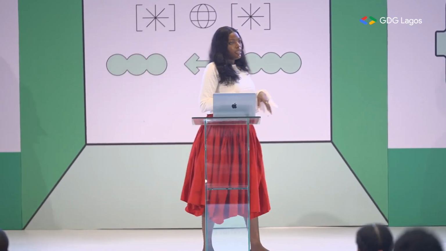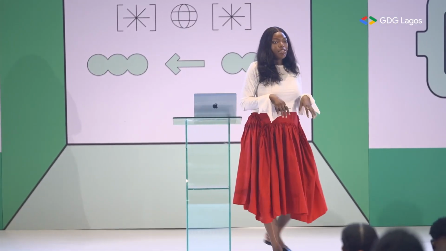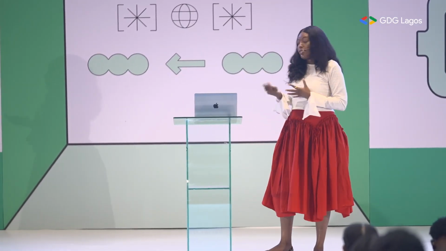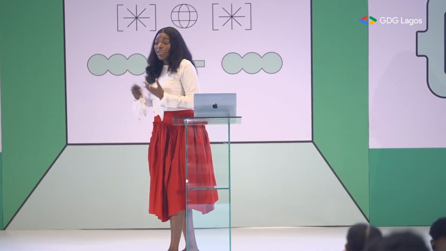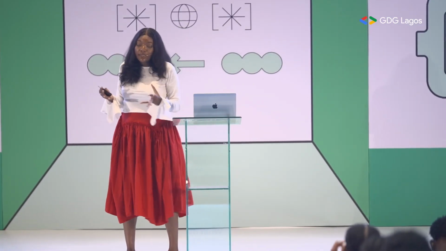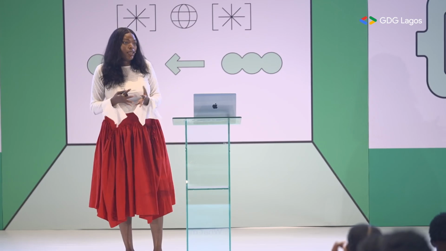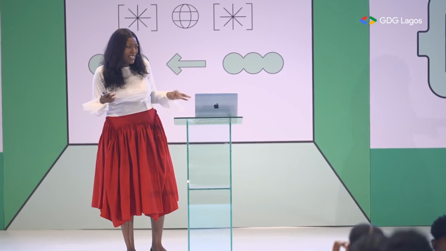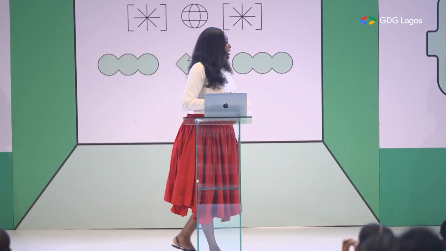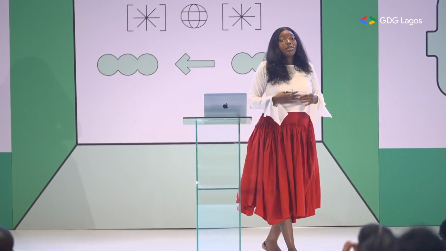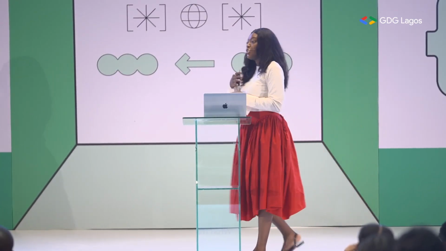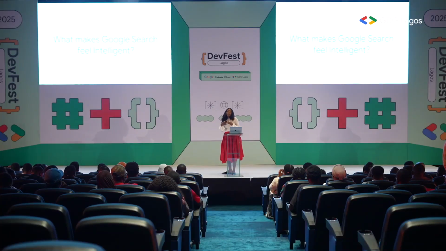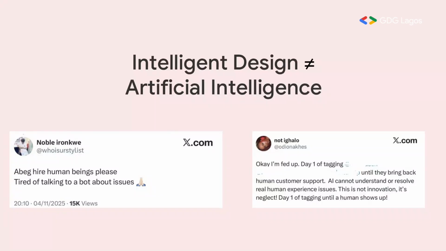Although recently, most search experiences have started using machine learning to automate their processes, but way before that, search engines use design to automate certain things. Everything was very, very simple. Sorry, guys, I have a sore throat. Everything was very simple and very clear and straightforward, using design choices to reduce friction or cognitive loads.